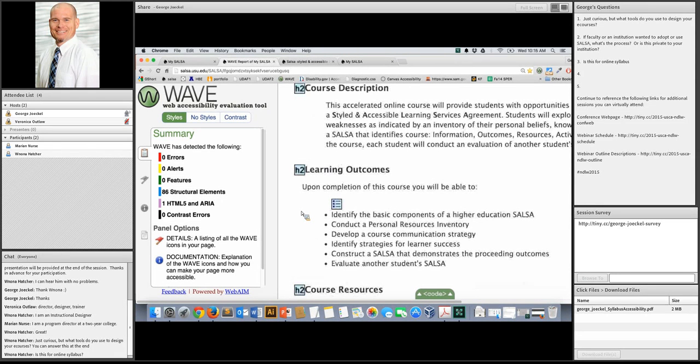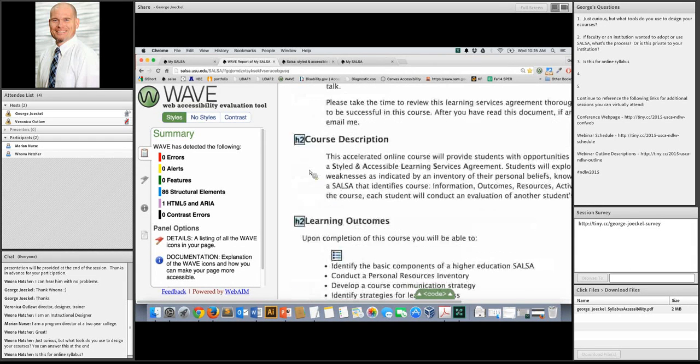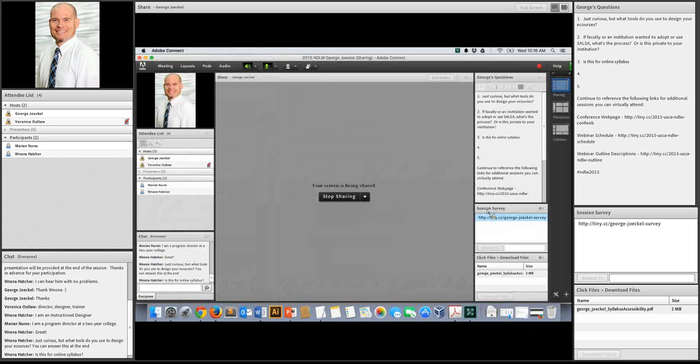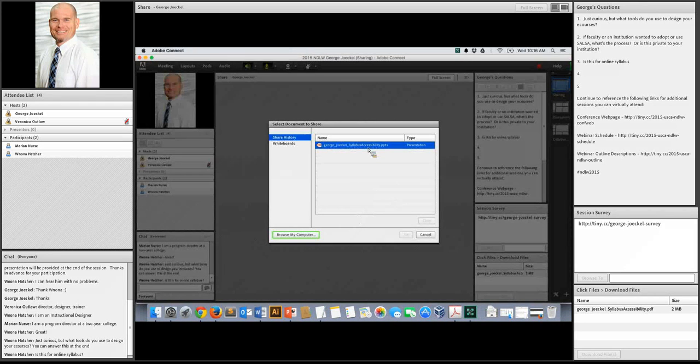There are things that you can do with Microsoft Word, which seems to be the most popular syllabus document creator, kind of the standard right now, to get those in there. But even when you've used those settings, a lot of times it's necessary to go back into Adobe Acrobat and either change some of the headings that might not have been labeled right, or touch up the tab order as well. And this is the problem that a lot of people find with creating a template in Microsoft Word. We'll go back to that in a little bit.